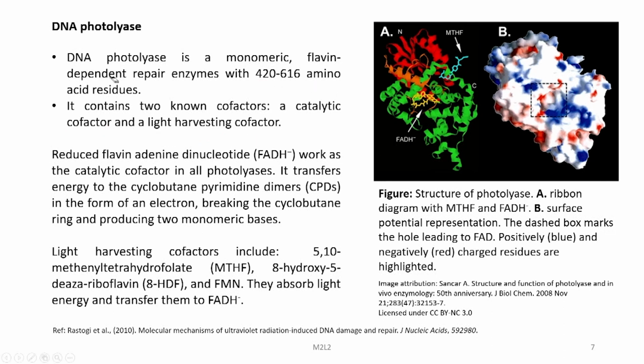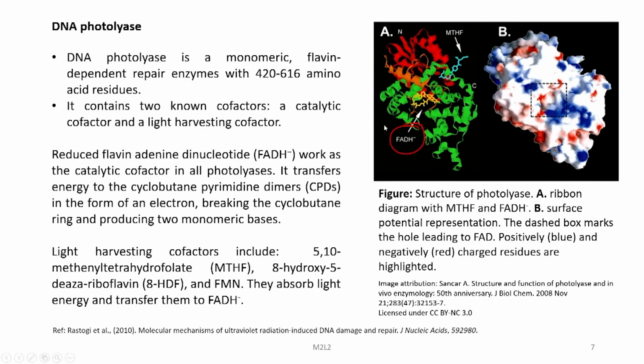The reduced flavin adenine dinucleotide, FADH minus, works as the catalytic cofactor in all photolyases. It transfers energy to the cyclobutane pyrimidine dimers in the form of an electron, breaking the cyclobutane ring and producing two monomeric bases. And you can see the location of the reduced